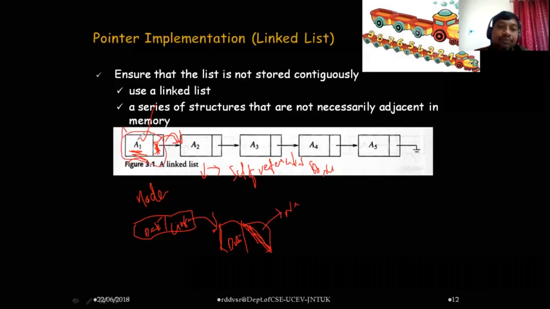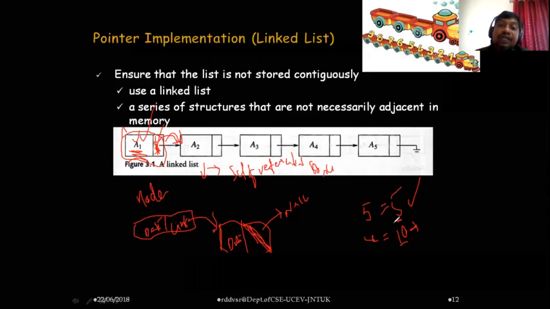Yes, we need more memory locations. If we go for the linked list implementation of the list, we need more memory locations than the array. If you want to store 5 elements in an array, we need only 5 memory locations. But in a linked list, we need 10 locations. Why? Because for each element, we are storing the element and one additional location to store the address of the next element, the link field. It will double the size of the array. So we need more memory locations when compared to array size.